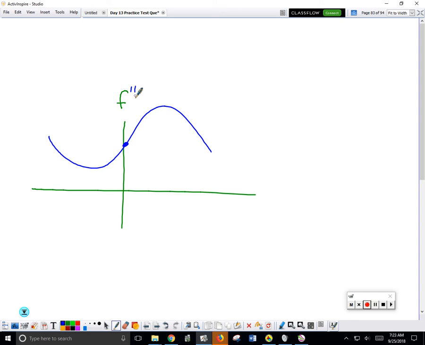But if you're looking at F double prime and trying to figure out if F has an inflection point, the answer would be no, F does not have an inflection point, because F double prime is never changing from positive to negative. So when you look at Danica's chart,